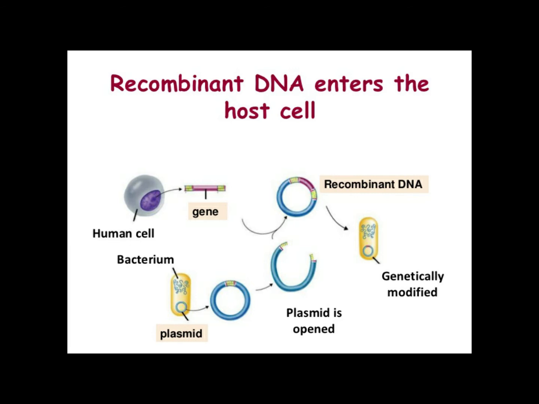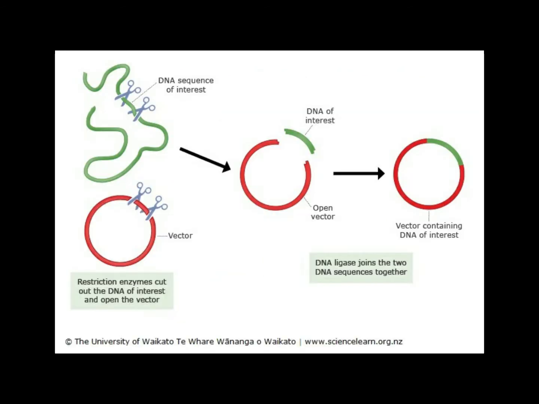The DNA molecule which is used as a vehicle to carry foreign DNA into the host cell is called a cloning vector. And what do we expect from the cloning vector? This cloning vector contains our foreign DNA, and we want the foreign DNA to replicate and produce copies of itself inside the host cell. Along with that, in advanced cases, we will also want this foreign gene to express itself and produce its protein product inside the host cell.